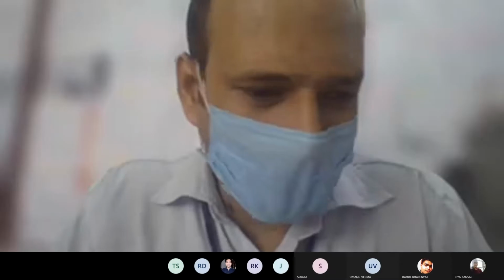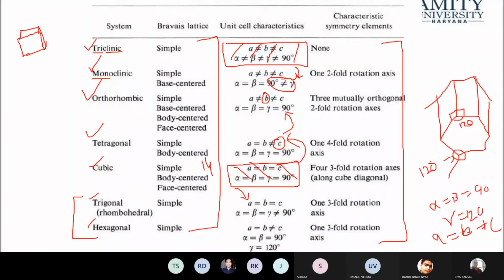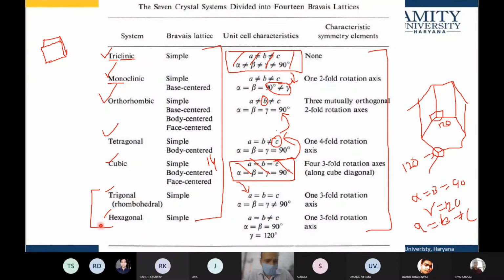In the last class, we looked at various crystal structures, the 7 crystal systems, and the Bravais lattice associated with all these crystal structures. And we looked at a basic scheme to remember the unit cell characteristic of each crystal system. So just to revise,